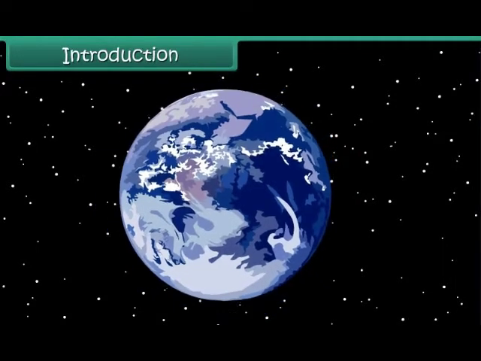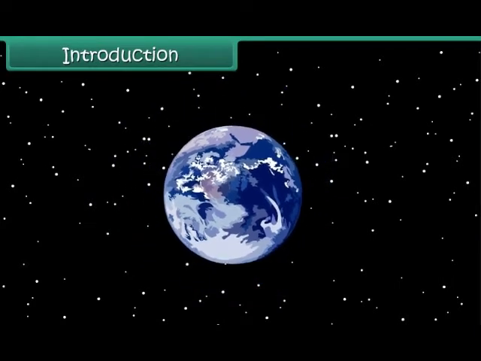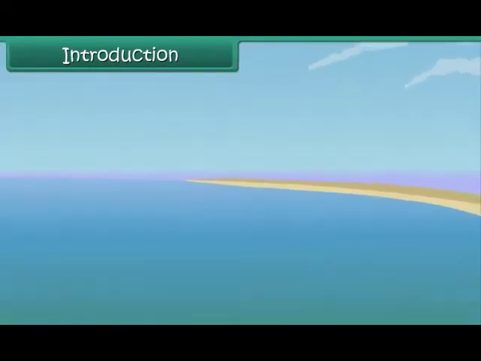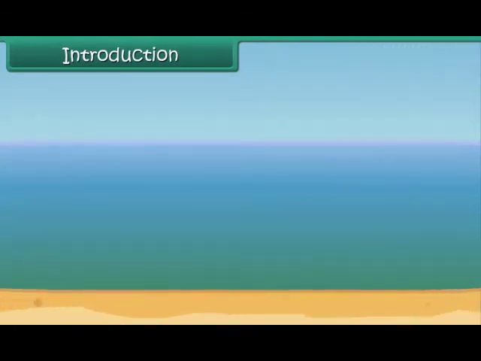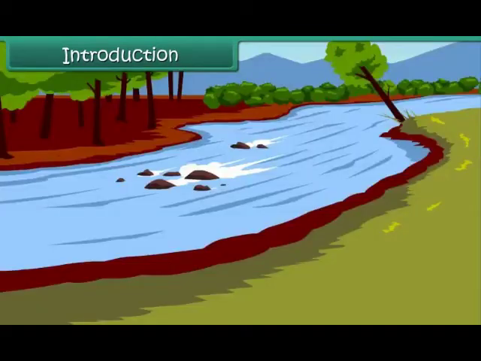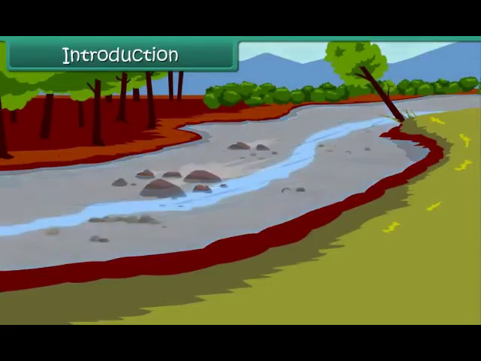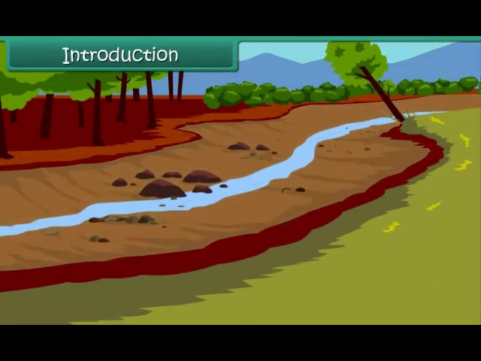Earth is known as the blue planet because of the abundance of water on its surface. In fact, 70% of Earth's surface is covered by water. However, in summer, everyone talks of shortage of water. Strange, isn't it?